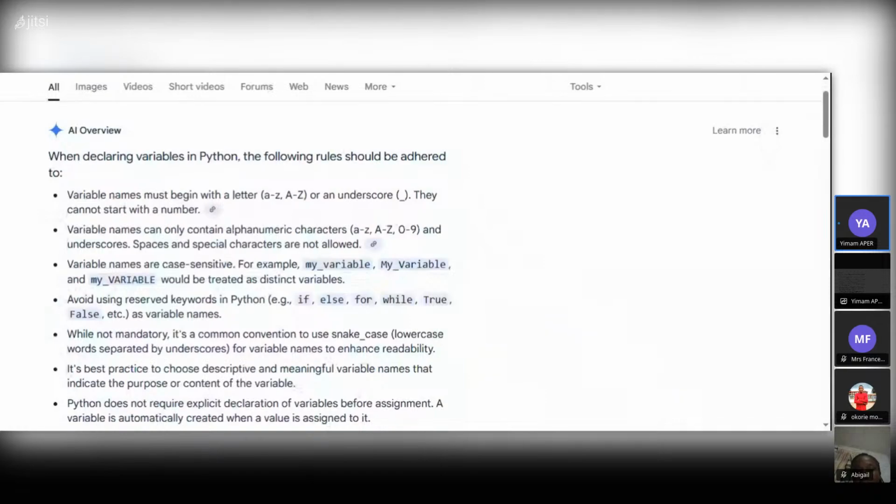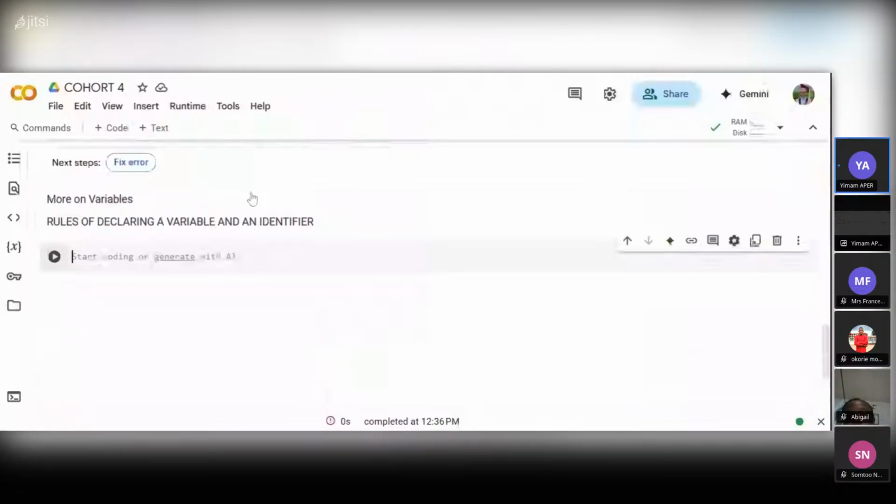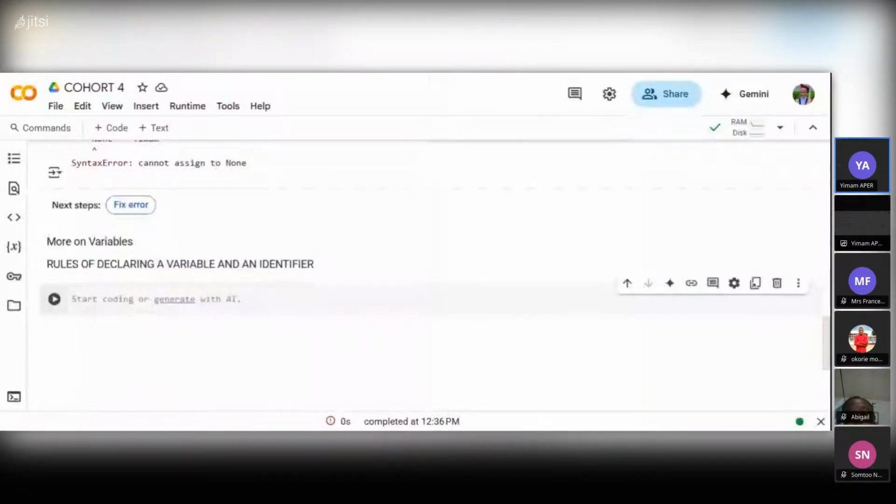Let me share this tab instead. So they say they must start. The first rule says they must begin with a letter or an underscore. So let's try one for a letter. Let's say here this, Abigail is equals to